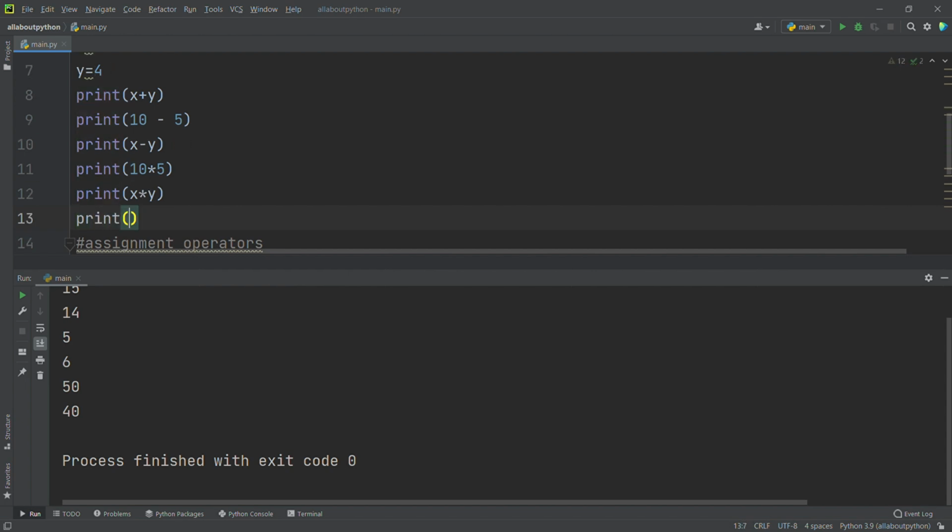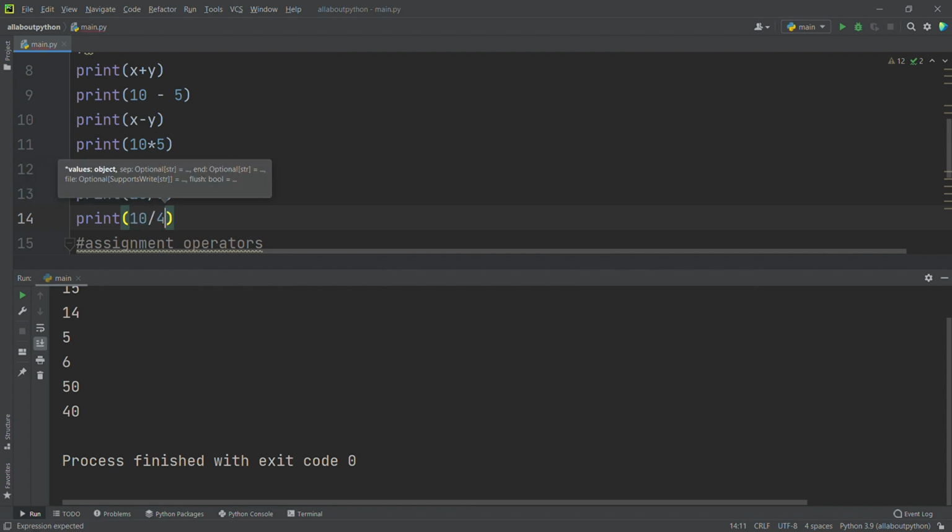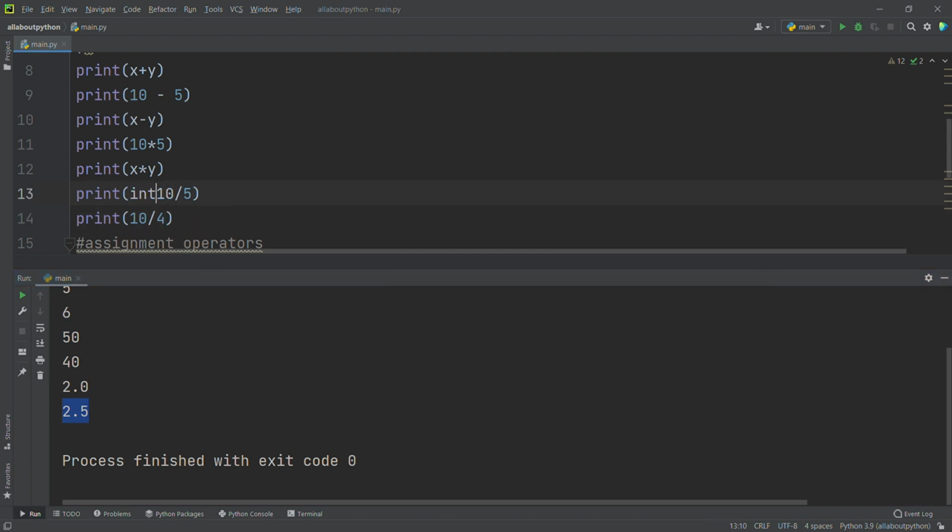Print of 10 divided by 5, and print of 10 divided by 4. See, 2.0 and 2.5. It's printing in float. If I don't want float, we can use int. We saw in previous sections how to convert. See, now it's converted into int.